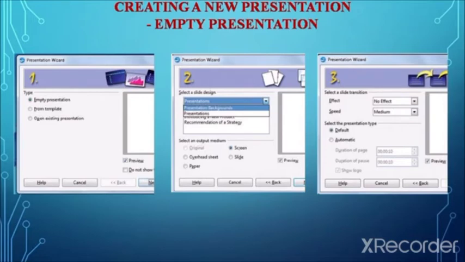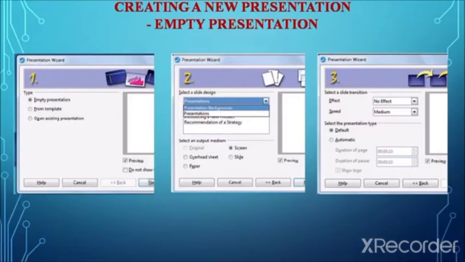So this is how the user can select. And original is an empty background. If we do not need the presentation background, or we do not need the presentation, the user can select the original option, which is an empty background, and in that the user can select the predefined presentation, that is the original, introducing a new product, and also a recommendation of strategy. So all these are the various three options under original. And after clicking the selected option, the user can preview the slide design in the preview window.